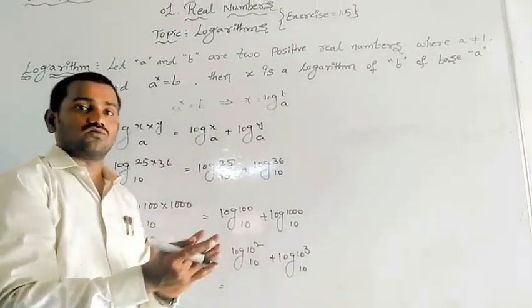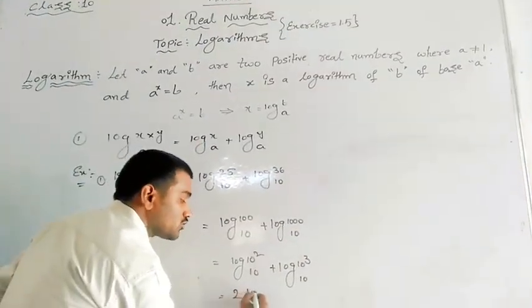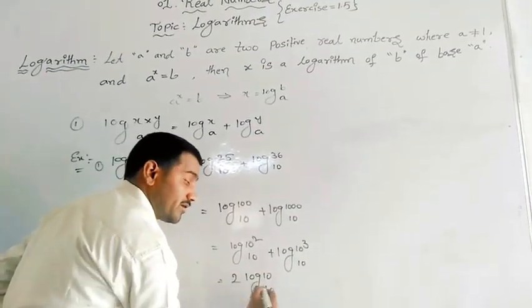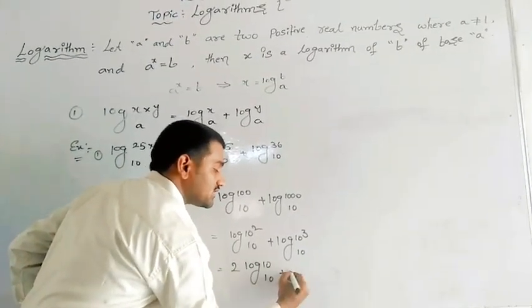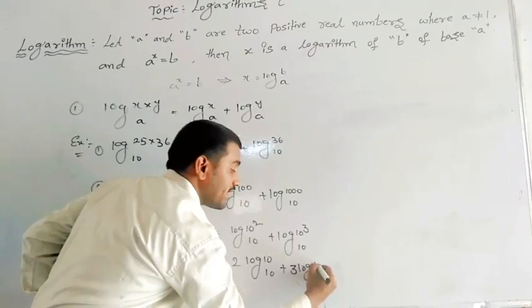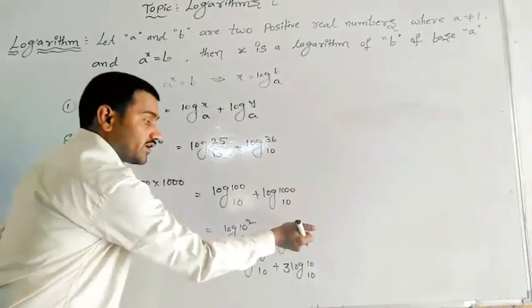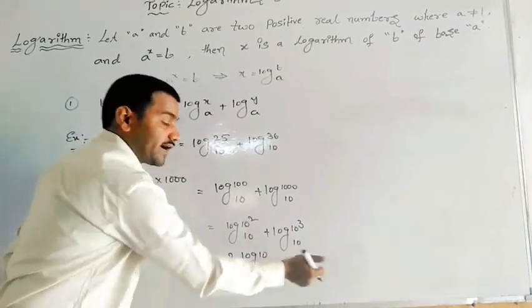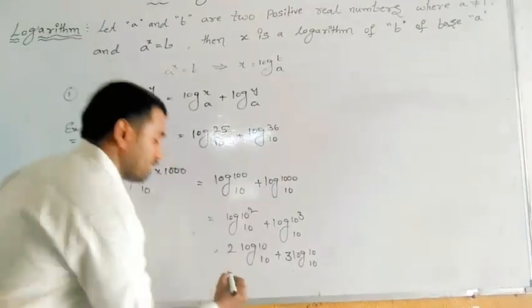There is one formula actually in the logarithm. That formula I will explain later. Before that I will solve it here, so that in the future you can understand. You remember this problem. When I explain that formula, you can understand why I am writing this power in front of the logarithm. This power I have multiplied with this logarithm. Why did it happen? There is a formula in logarithms, I will explain that.